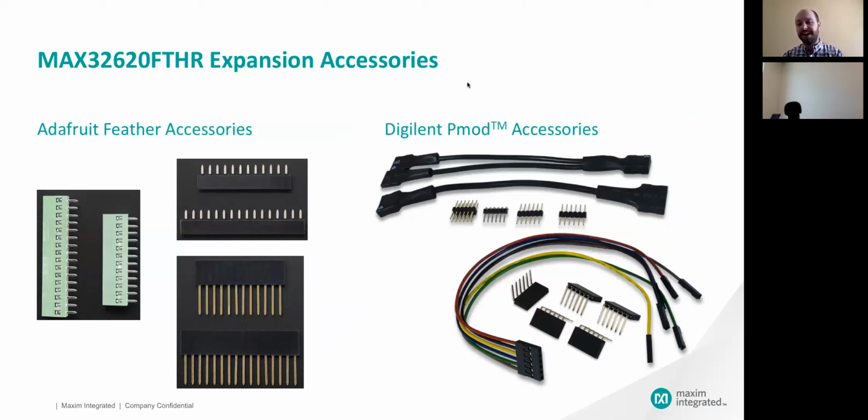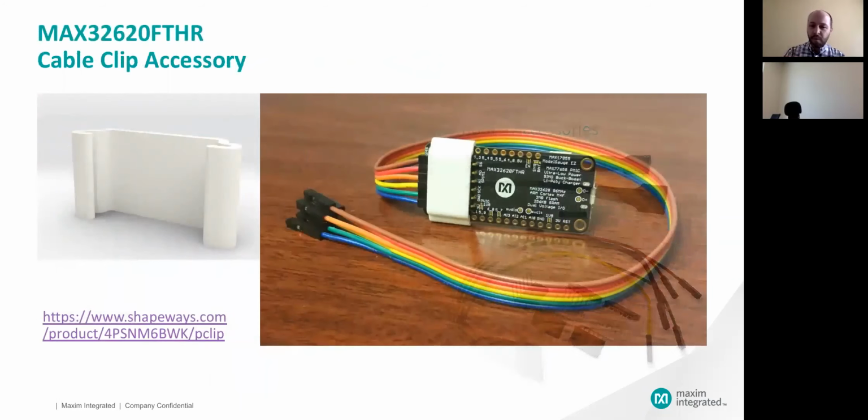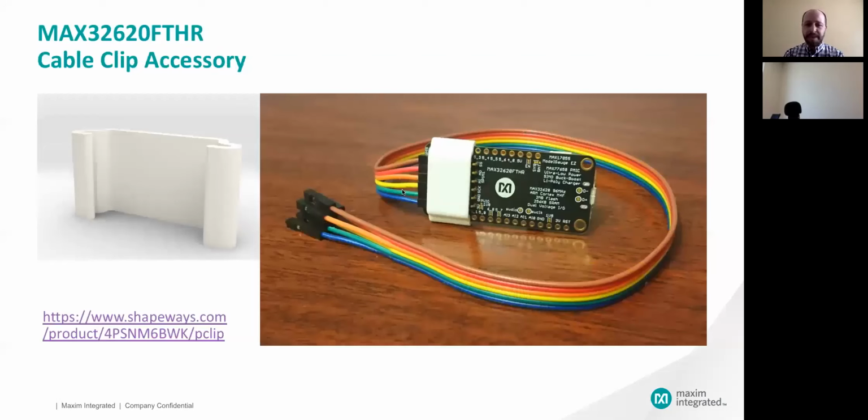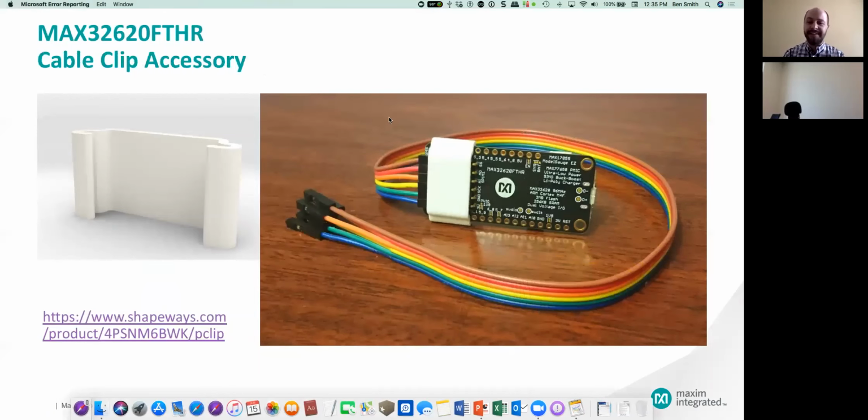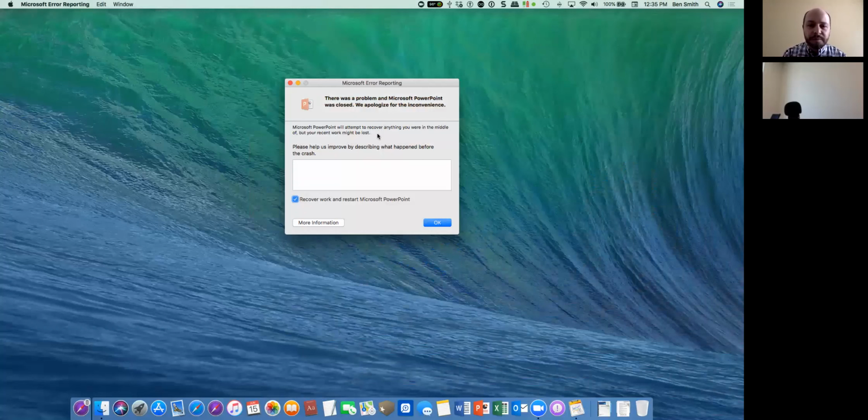The PMOD sockets, we do provide the connectors there that are accessible from either side. And if you'd rather connect a cable or change the gender on those, Digilent has a lot of accessories you can choose from. And one other example, I mentioned cabling. If you had a right angle single row connector, you could plug a pin header cable into that, use it for fly leads. One thing I created that helps with that, so that cable,